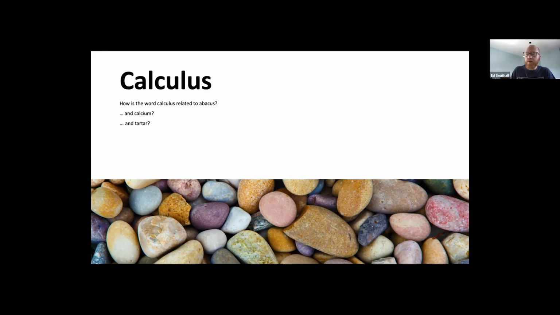If you think about calculus on your teeth, which you may not have come across before, a dentist's terminology for calculus would be little bits of plaque on your teeth, because they resemble little stones on your teeth, if you like. And similarly, calcium is related because it's chalky, if you like. So why are we using calculus as a term in mathematics? What do stones have to do with maths?